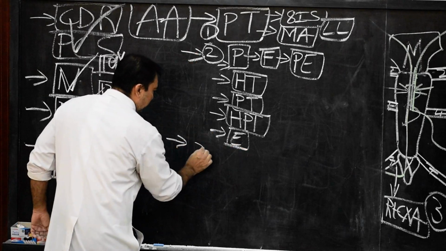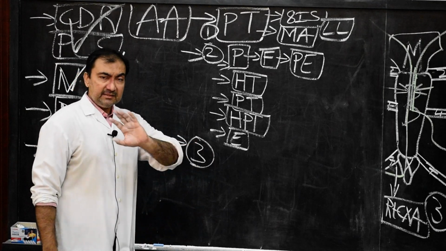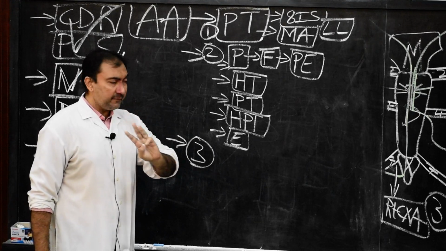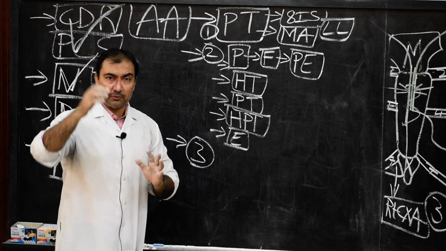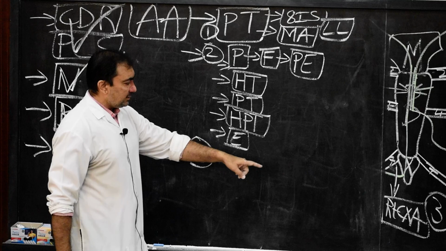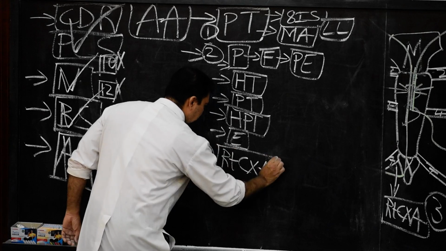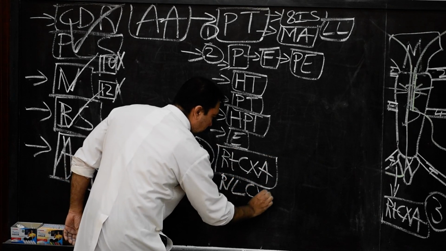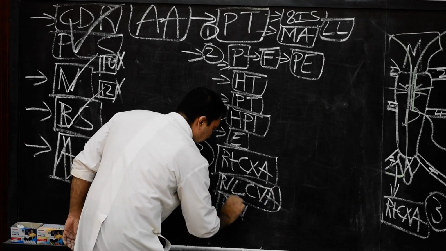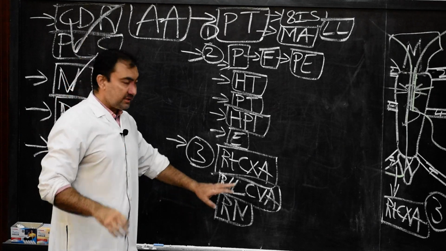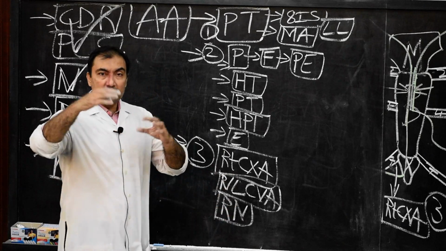Then we come to the third important aspect of the applied anatomy. This is very important. There are three regions in the body, which we have discussed previously, where the pleura will ascend or descend beyond the thoracic cage. What are those three places? The right costoxiphoid angle, then the right and left costovertebral angle, and the third place is the root of the neck, where the cervical pleura will ascend above. So at these three places the pleura will go beyond the thoracic skeleton.